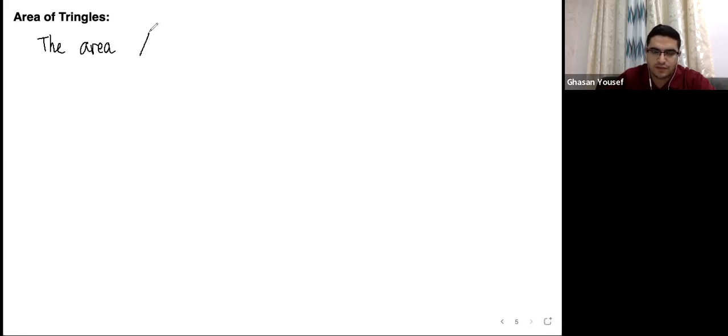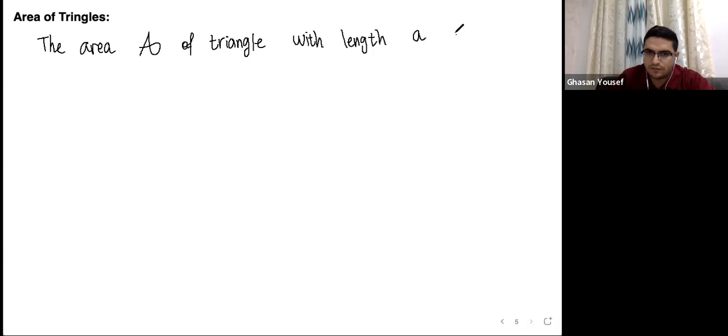The area, script A, of a triangle with lengths A and B with included angle theta is defined as